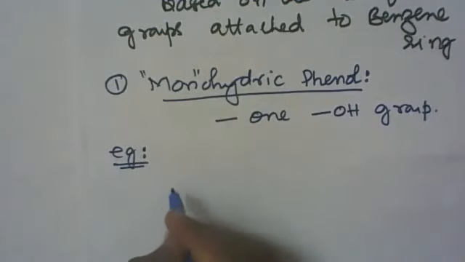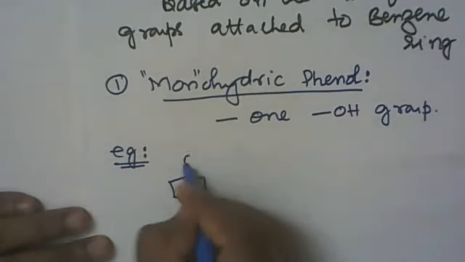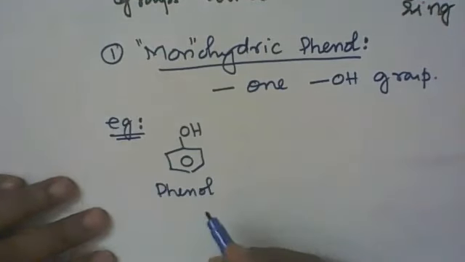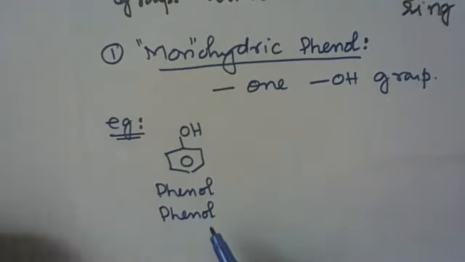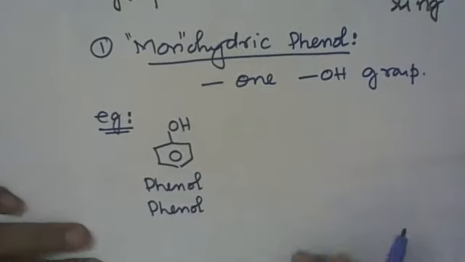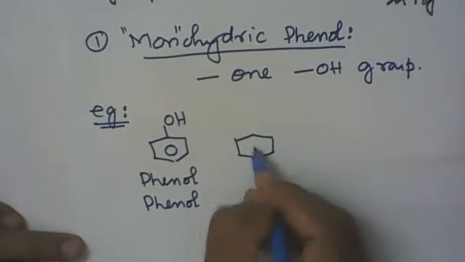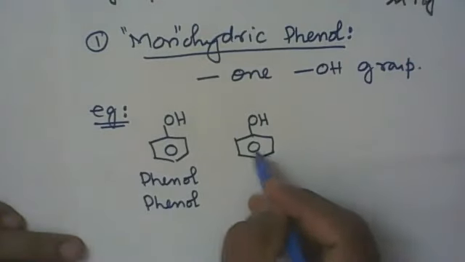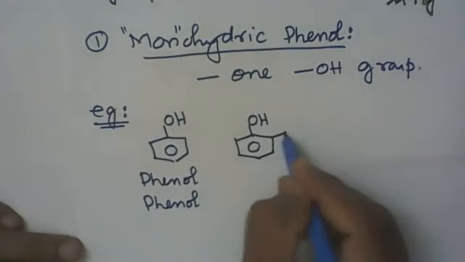The first one is phenol itself. A benzene ring attached to OH. This is phenol itself. The common name and IUPAC name are one and the same. This is the simplest molecule. Now I'm going to try the derivatives. Let me take phenol, the basic molecule. Phenol means a benzene ring directly attached to OH, or OH directly attached to an aromatic ring. Now, I'll introduce one CH3 here.